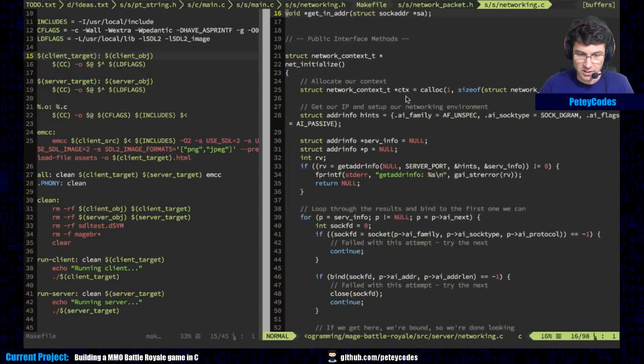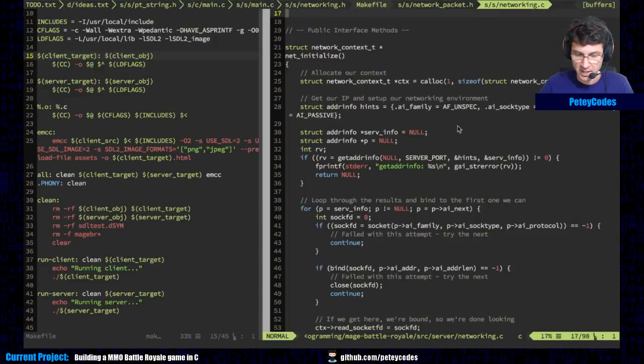We're going to initialize our context, get the IP. I think when I coded this last time, I was thinking I was going to do datagram like UDP sockets, but I think I'm going to go for the TCP sockets with the streaming. We'll have non-blocking sockets, of course, but I do want them to establish a connection and hold that connection. So I think we're going to do